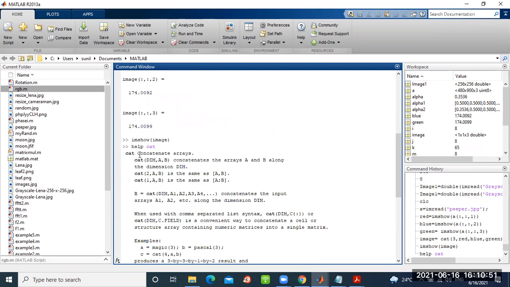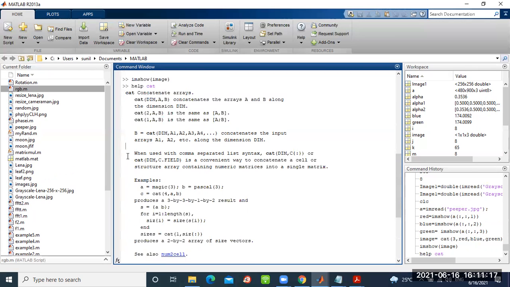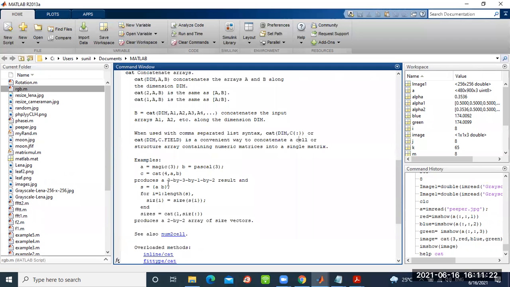Now, the cat command is the concatenation of arrays. Basically, it concatenates the array A and B along the given dimension. If you write cat(1, A, B) it is the same as [A; B], and if you write cat(2, A, B) it is the same as [A, B]. The syntax is concatenation, input arrays, dimension, separated by commas. For example,